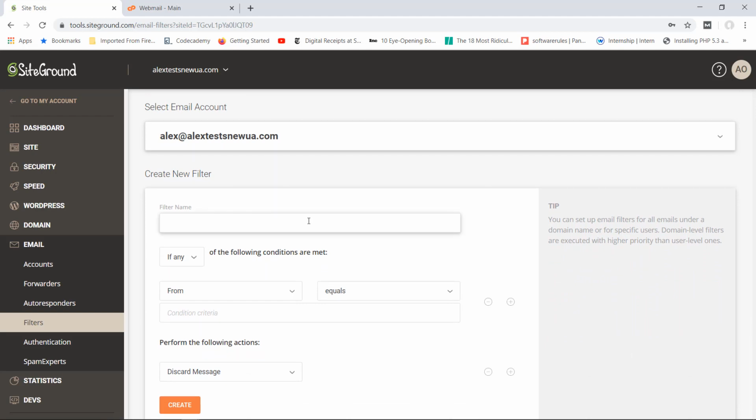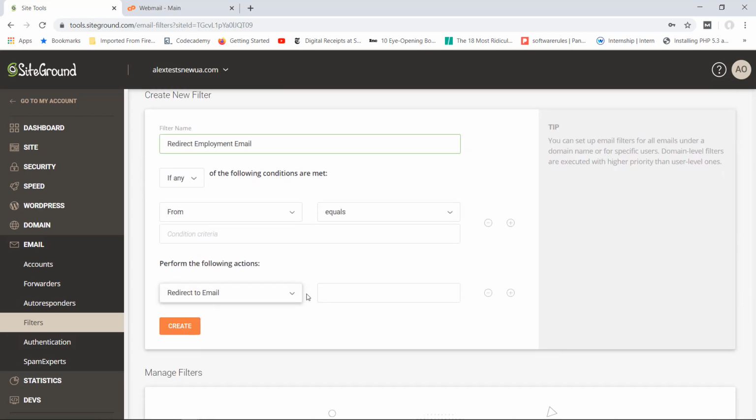Now, in here, you can add the filter name. So, for example, redirect, let's say job, or redirect employment. Let's just say redirect employment email. So let's just say, for example, I am currently looking to employ people for my business, and I'd like to redirect anyone who sends a resume and the subject of the email contains something about employment. I can do that. So I can come in here and say, all right, I've added the name. Now let me just choose the action first of all. Okay. I've chosen the action of redirecting to this particular email, which would be